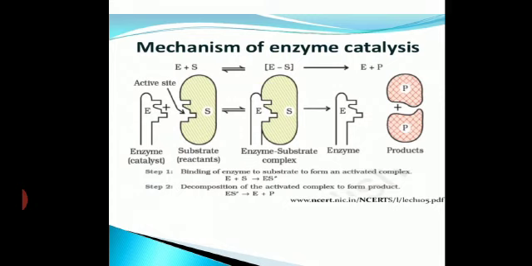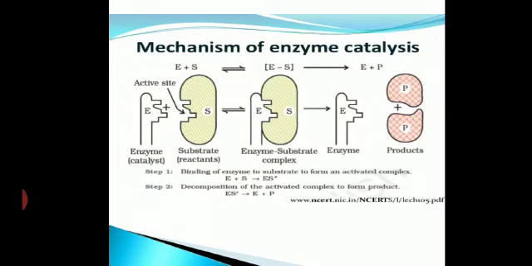When an enzyme substrate complex is formed, the reaction is fast and reversible, remember it. The first step, the enzyme substrate, E single bond S, is a fast and reversible process. Next, when the dissociation takes place, the process is slow and this is the rate determining step. You have read in chemical kinetics that the slow step is the rate determining step. So the second step, where the enzyme is regenerated and the product is formed, is a slow step and hence it is the rate determining step.